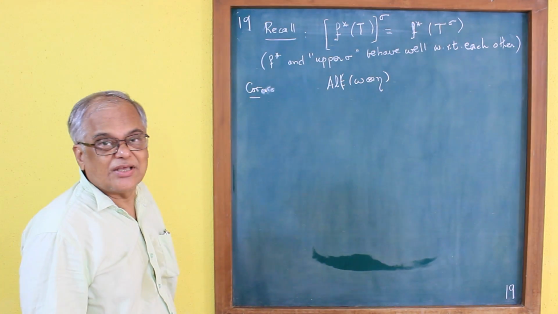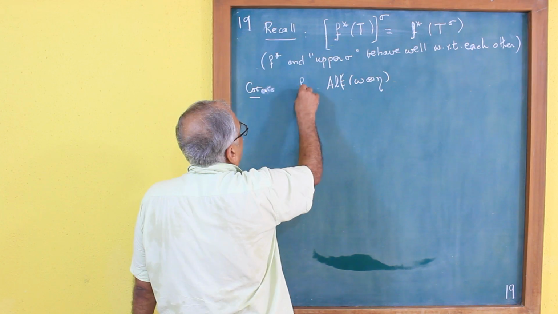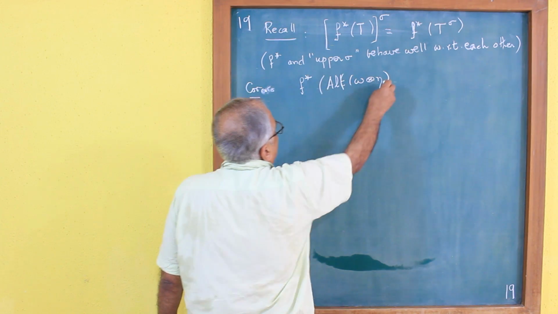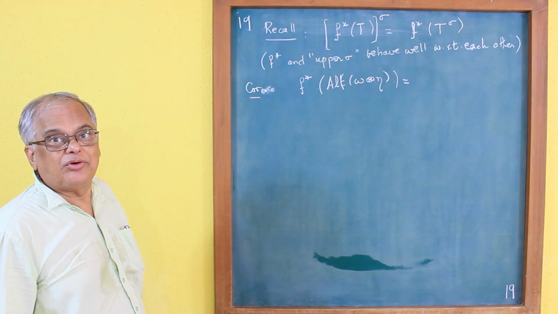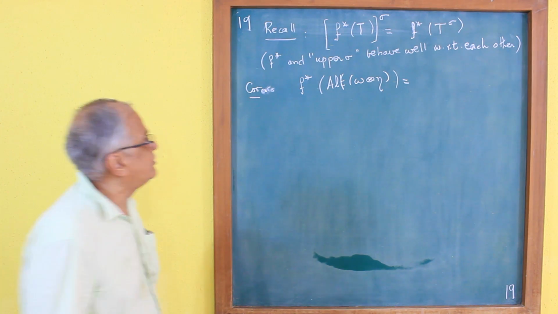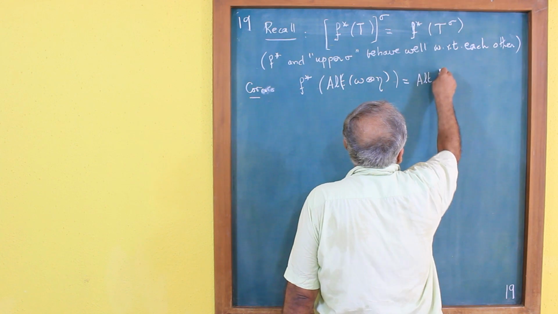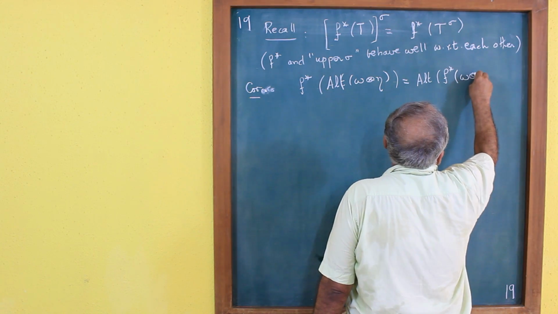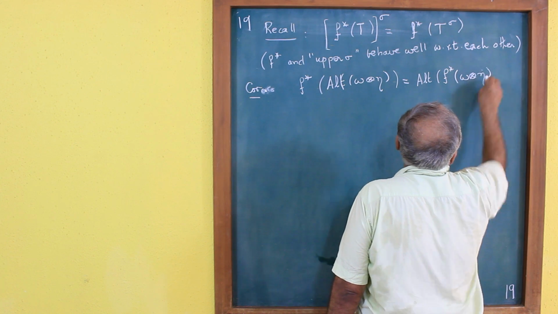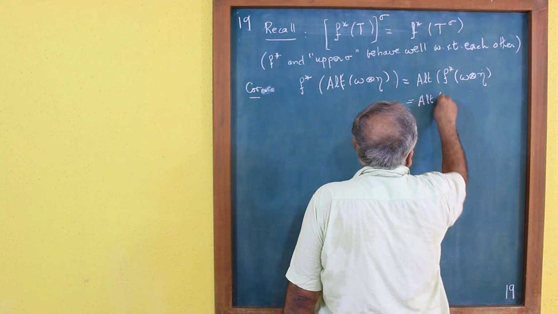It's a sum of something to do with upper star. So I can take f upper star of what? And what is the obvious thing I want to get out of this? I want to say that this is equal to alt f star omega theta, which is equal to alt